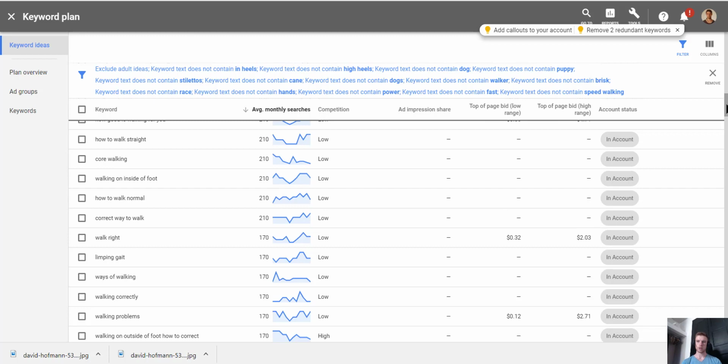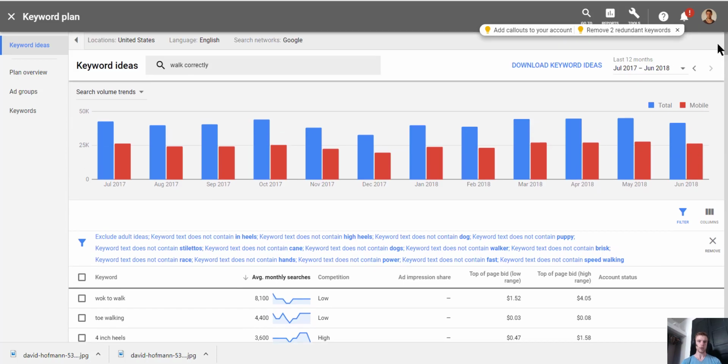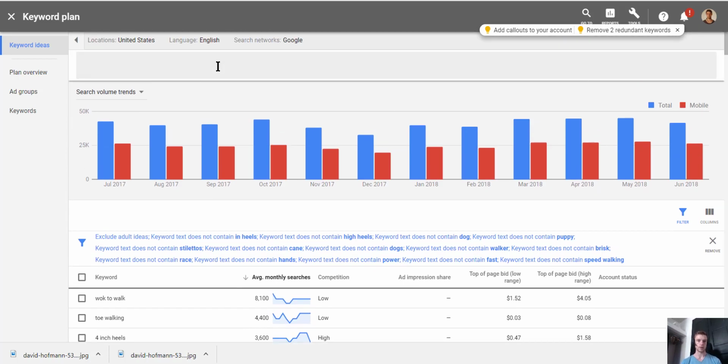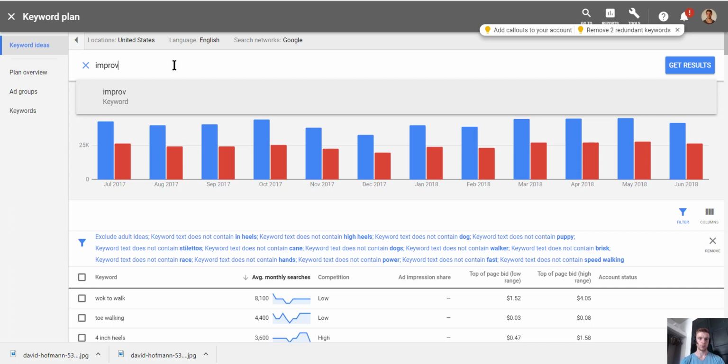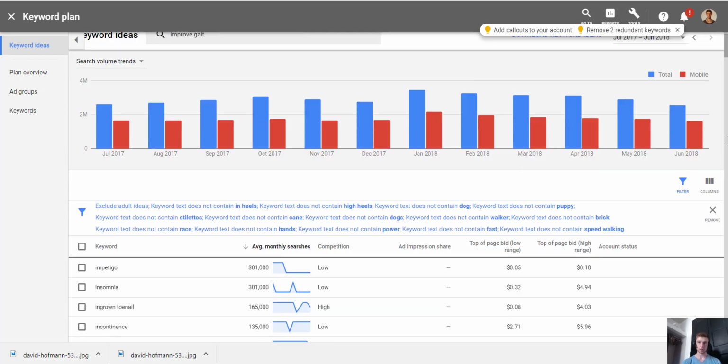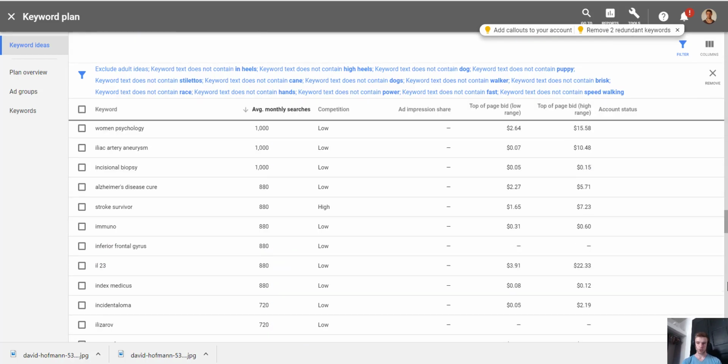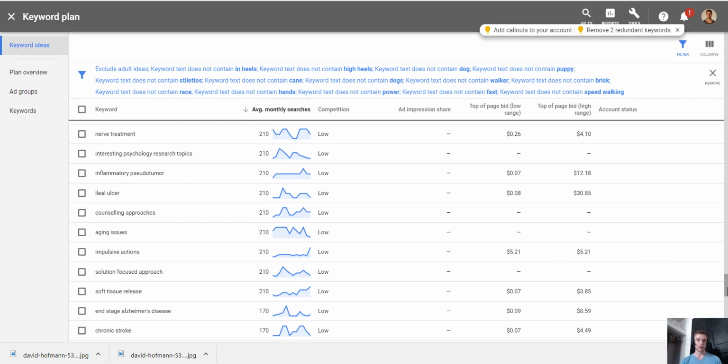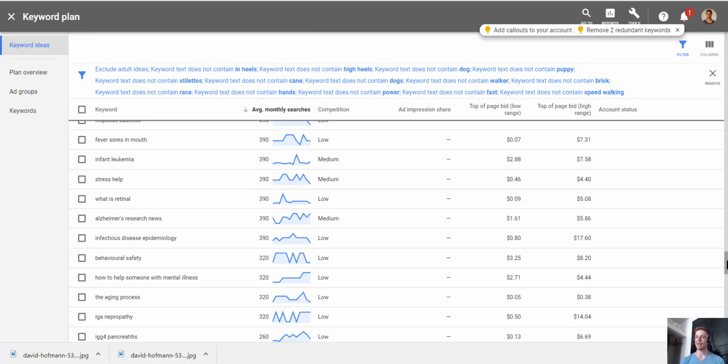I really want to get into it. So this is only walking correctly. That's great, I finished with walking correctly, but then I would type something like improve gait, get results. And there are so many results, and because it takes so long to go through these and choose all the keywords,